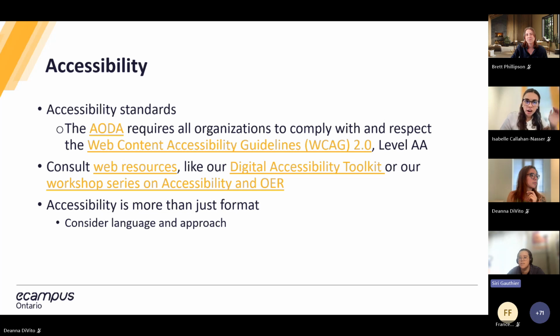Approach could also be making sure that there's a low-tech option. Yes, we're going to be talking about technologies pretty briefly, but I also want to remind you that not everyone has access to high-speed internet or consistent access to the internet. So as you're looking through accessibility, and OER generally, consider accessibility as more than just the simple format of whatever digital resource you're creating.